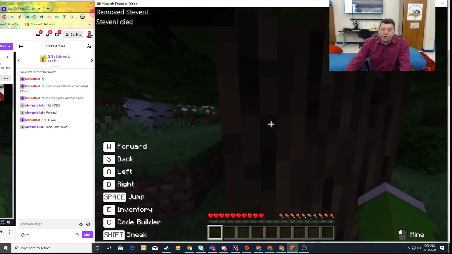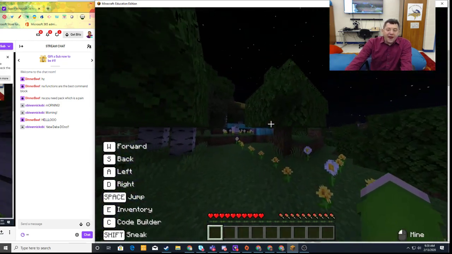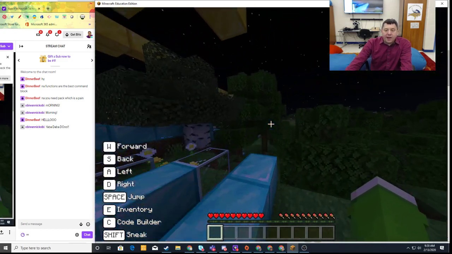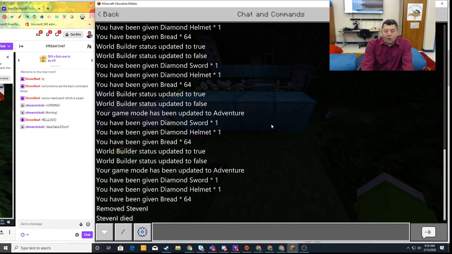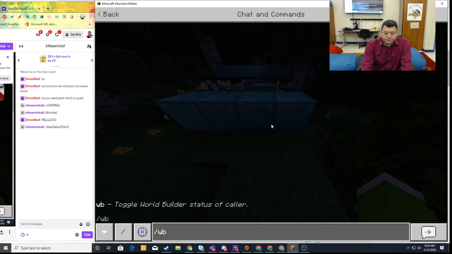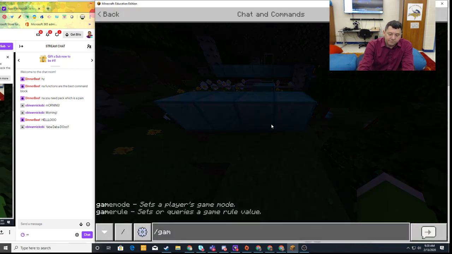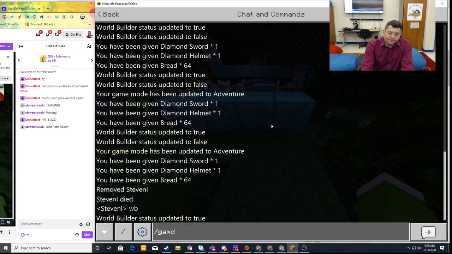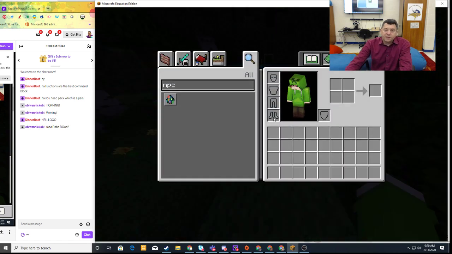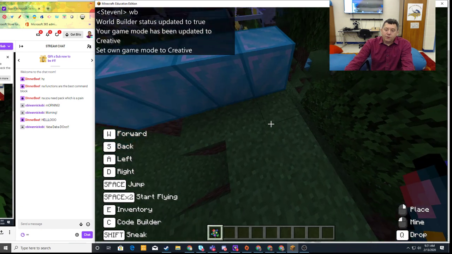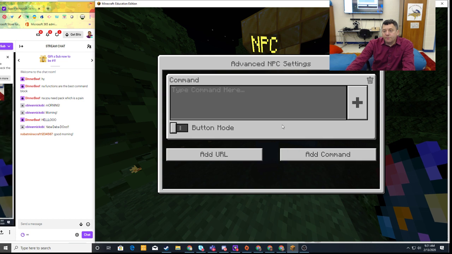But watch this. Let's say you go through your game and I get through part of the maze in the woods. And I decide, okay, when I get there, I want to have a new spawn point. So I decide I want a new spawn point here. I'm going to stay with the NPC idea for now. Okay, and I'm going to give myself an NPC. Game mode creative. We'll take an NPC. Now we're going to place another NPC here, and this one, we're going to make a new command that's going to be